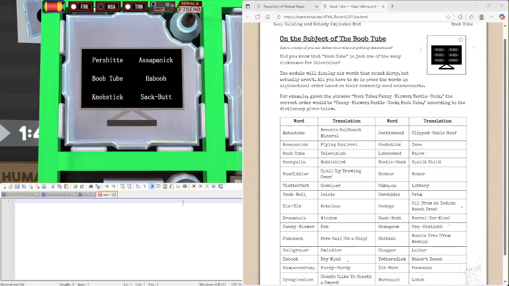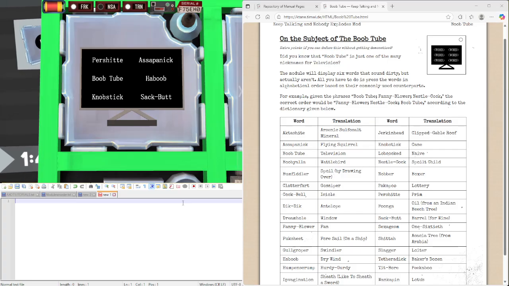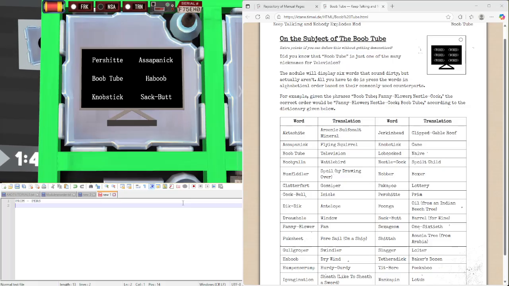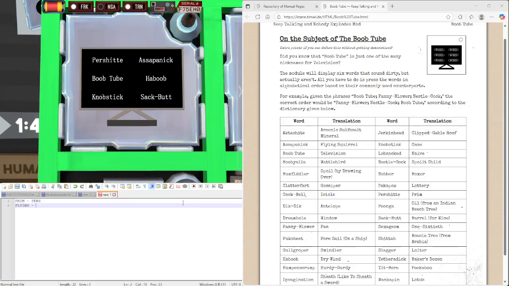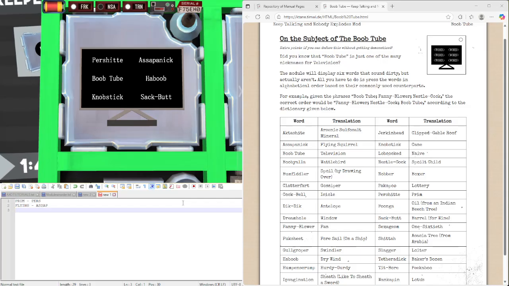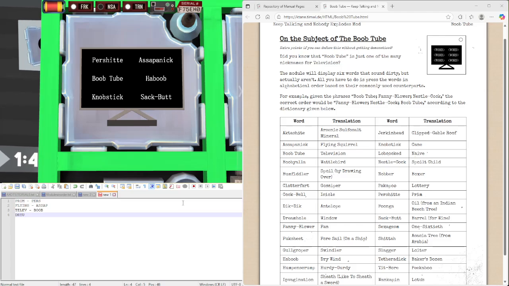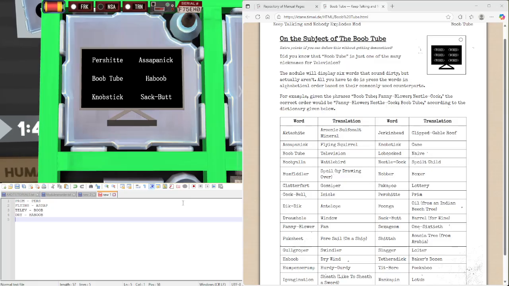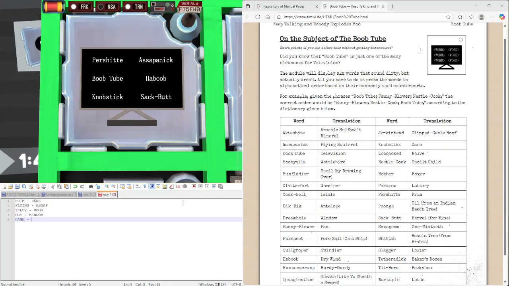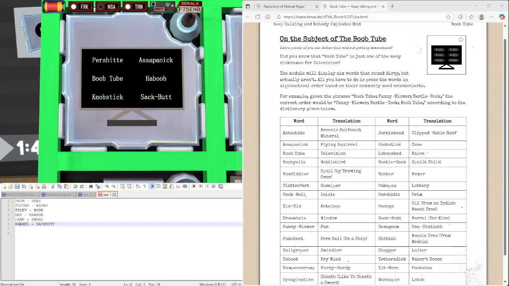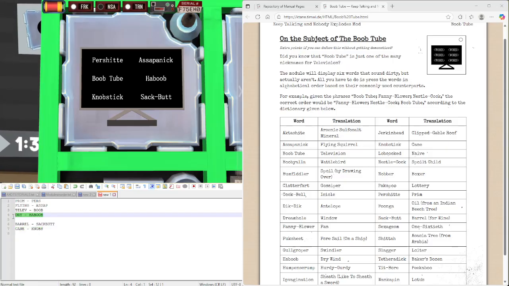Common use counterparts. So Pushita is Prim, As a Panic, Flying Squirrel, Boob Tube, Television, Boob, Dry Wind, Lobstick, KTaNE, and Sackbutt, Barrett. So there's a lot